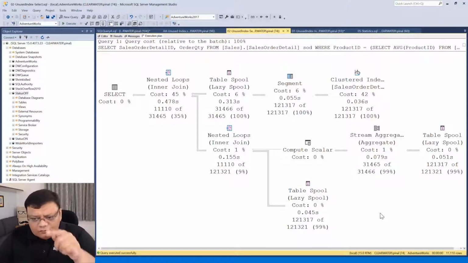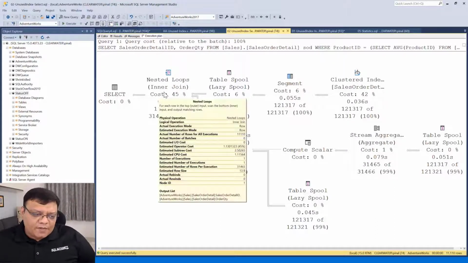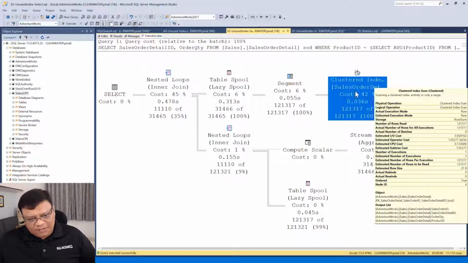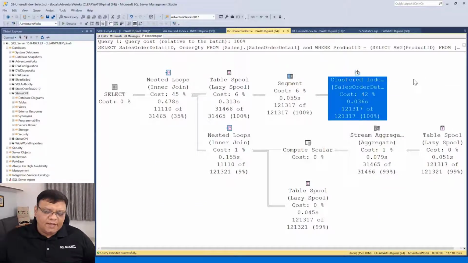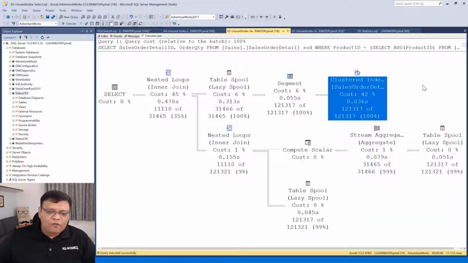All right. When I see this chat window and your suggestions, it's very clear most of you are saying that the nested loop is something we should improve. The second set of people are talking about the clustered index. A lot of people are saying this clustered index looks extremely expensive, and we should convert that to something else. Maybe the scan should go to a seek, because this looks like, yep, 42%. A couple of folks have also said the table spool looks like a problem. It can be. I can't say no to that.